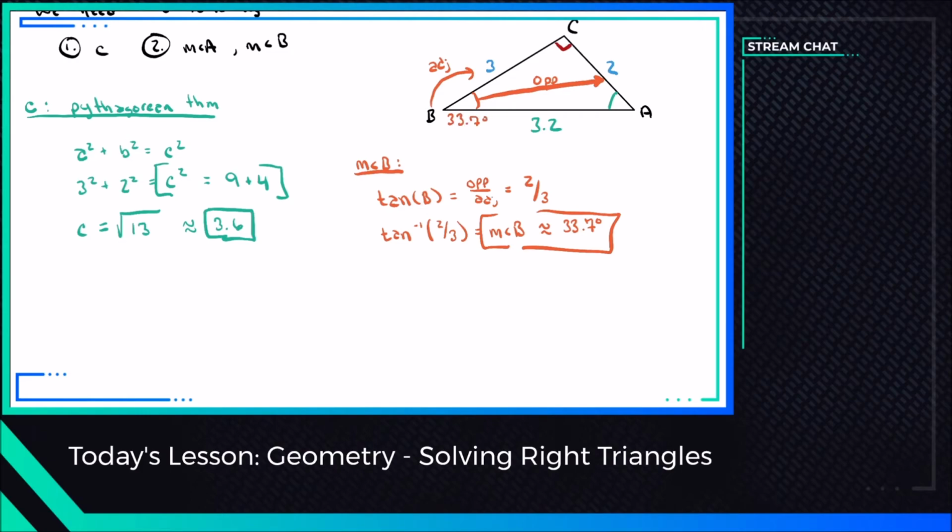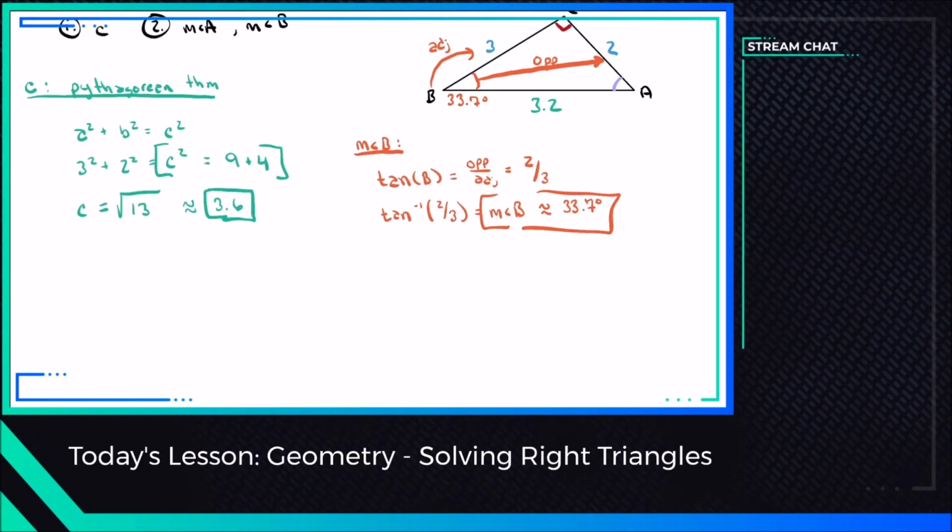33.7 degrees. And now to find our missing angle measurement A, that's pretty straightforward at this point because we know 2 of the other side lengths. So since angle B and angle A add to 90 degrees, we just need to solve